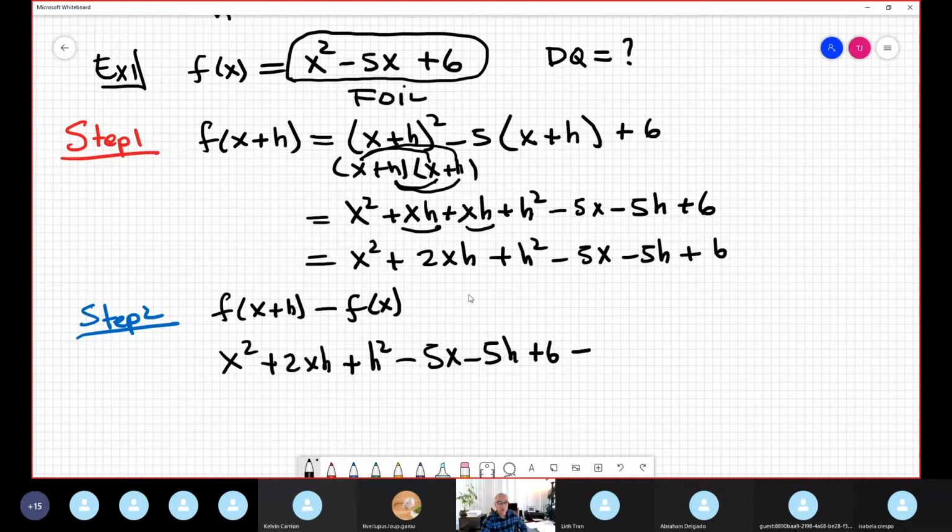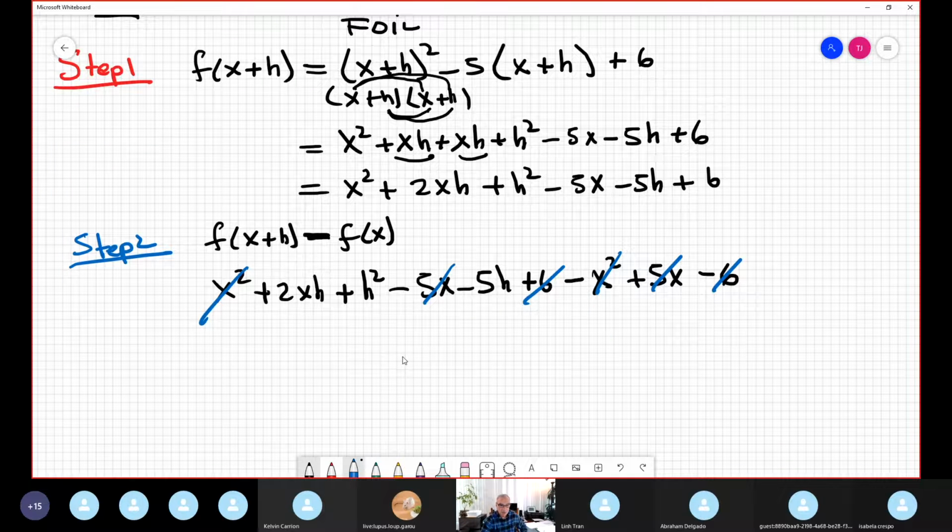You see a subtraction of polynomials, so basically you put the original inside parentheses, or directly you change the sign. This is minus x squared plus 5x minus 6, because it's minus, no? This minus changes the sign of this second part. Look what happened. The x squared cancels out, this guy cancels out, this guy cancels out, and stay alive only